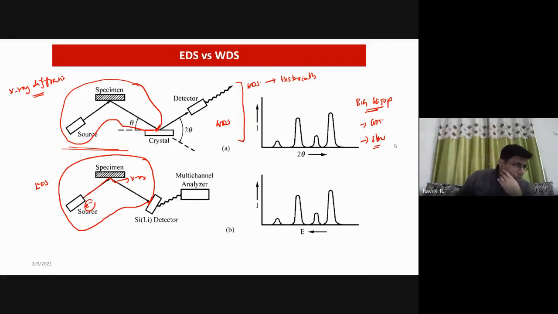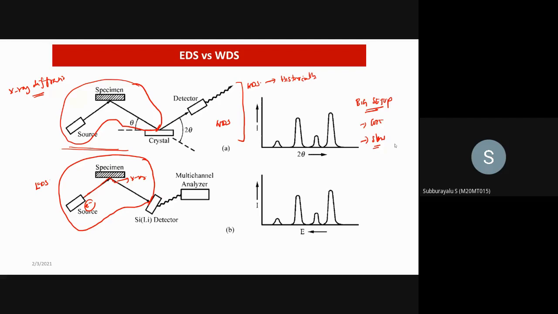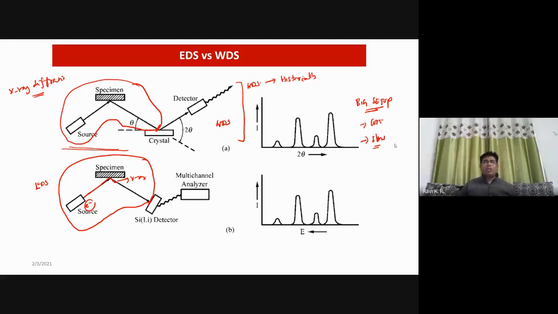Any idea? To get an EDS pattern, how much time does it take? Sir, for point analysis, it will take 5 minutes. Point analysis 5 minutes. I think that means you are using the oldest possible equipment. Generally, for point analysis, you may get it in less than a minute. Okay. If you are doing mapping, you may require a lot more time. But for point analysis, it must be less than a minute.